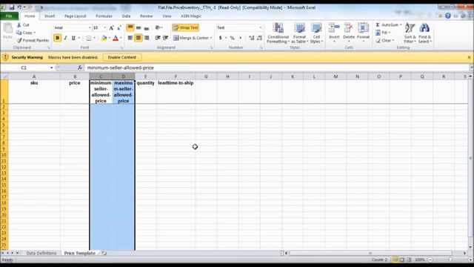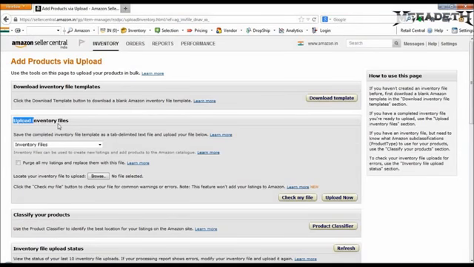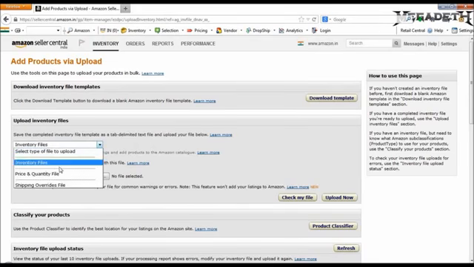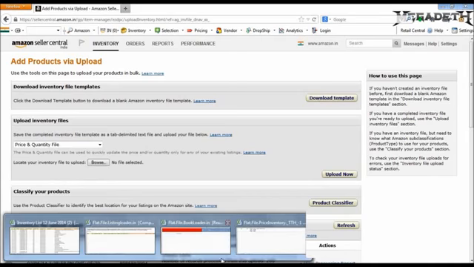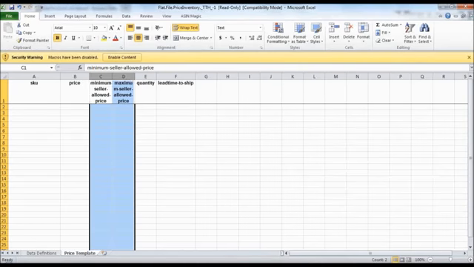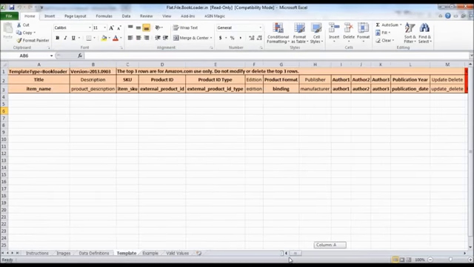The same way, text tab delimited, but here under upload inventory files, you will select the option price and quantity file and then browse and upload it. Now, if you don't want to use the price and quantity template, you can also use the same file that you used previously to create a product. In case you want to make edits, you only have to give the SKU,